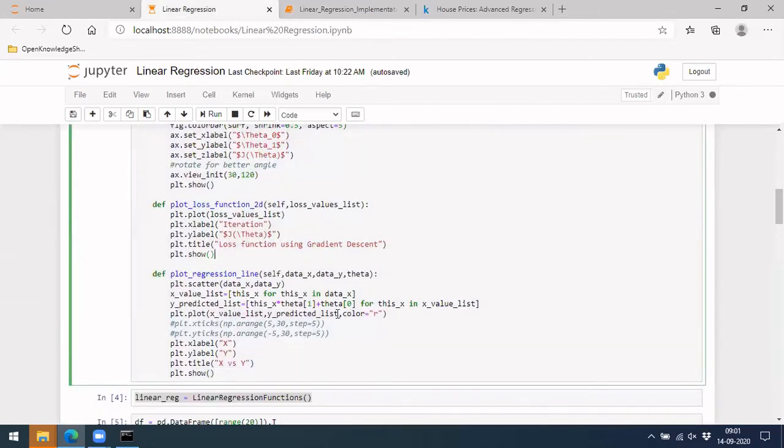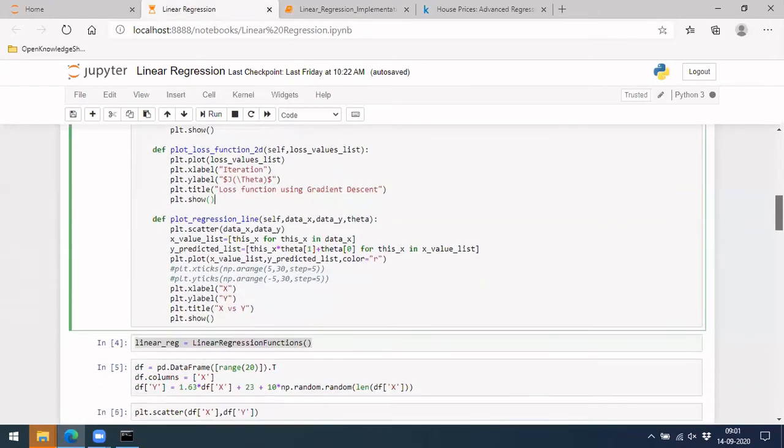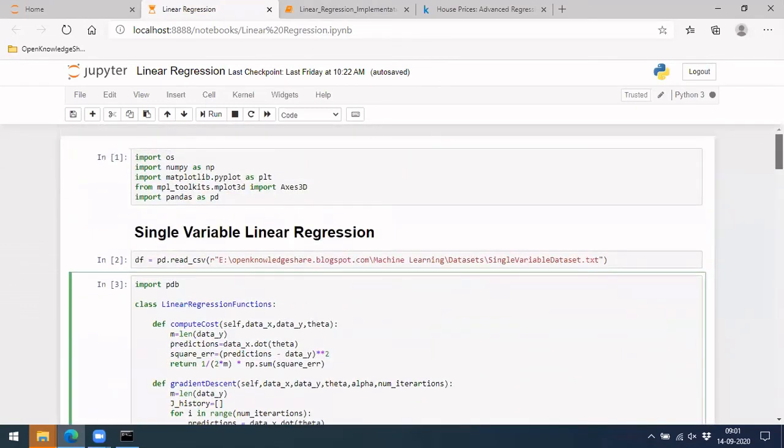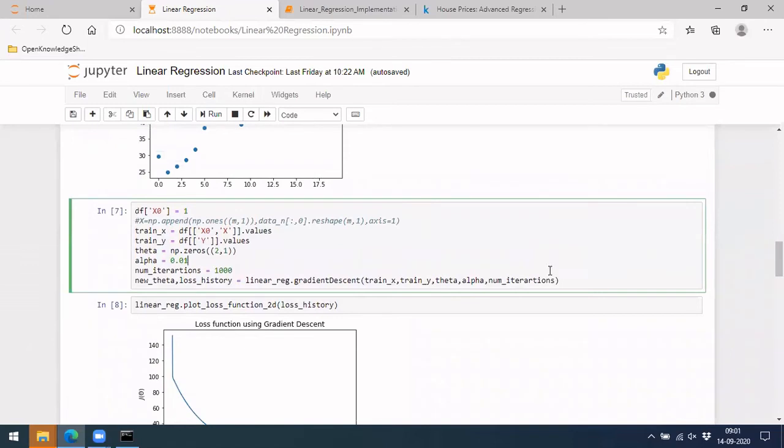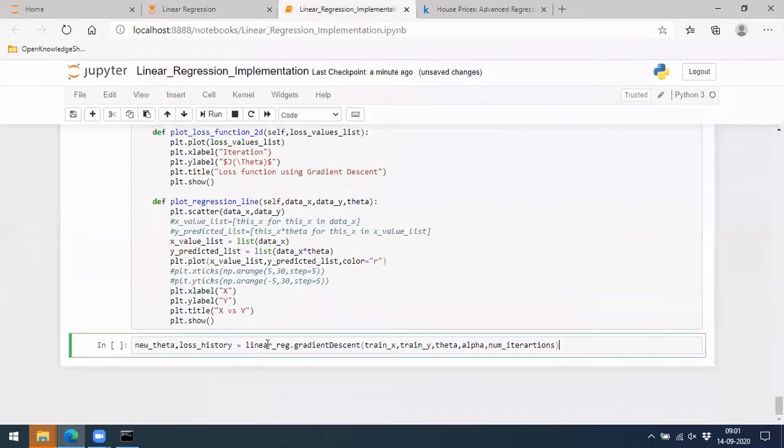Okay, after running, let's take the actual code for running. We have to run it using this new theta and history.